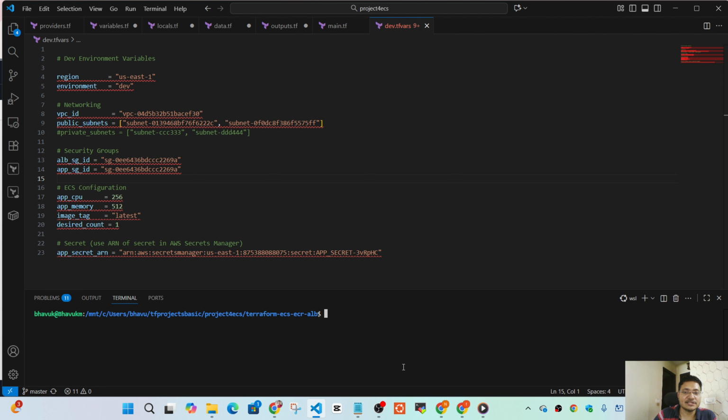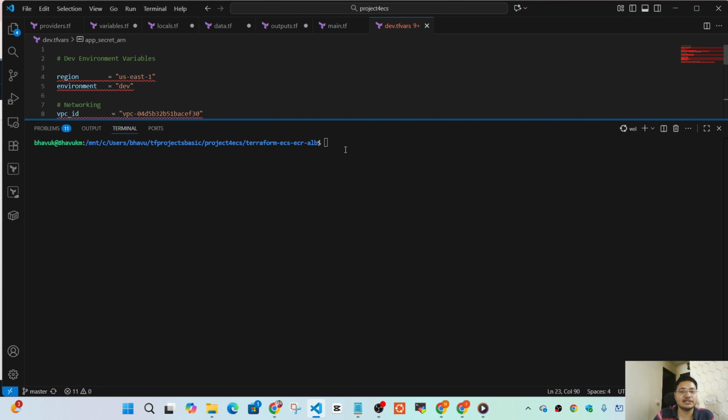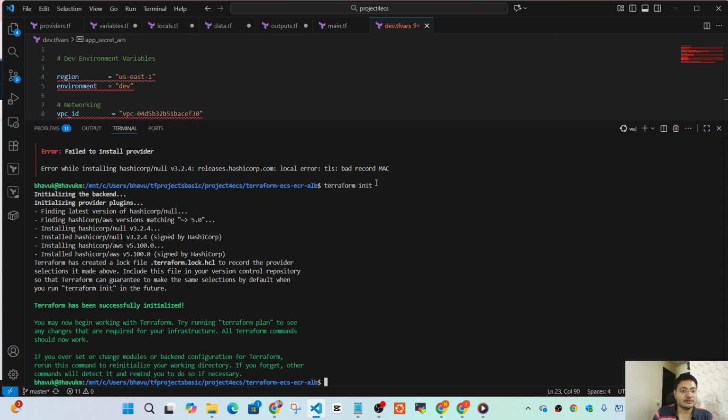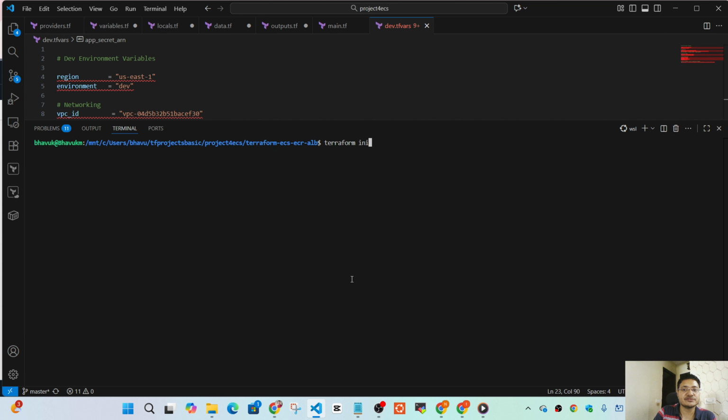All right, now let's try to deploy the project. So for that, I'm going to do terraform init. It's going to initialize Terraform, and it's going to download the plugin if not downloaded already. So I got the error when I ran terraform init initially, but when I did it again, I was able to successfully initialize Terraform. Now next is I'm going to use terraform plan command, and as I mentioned, I'm going